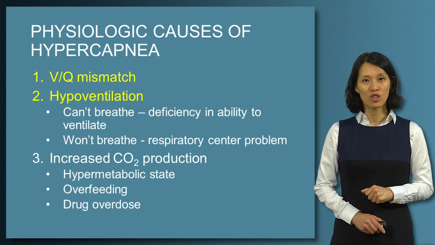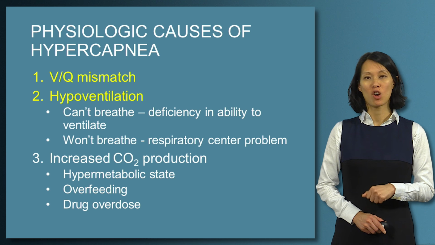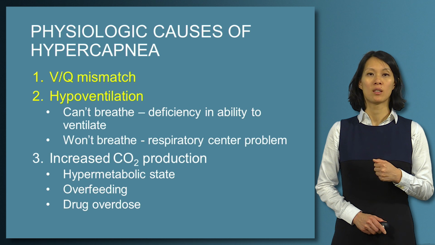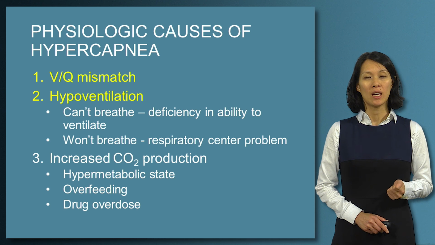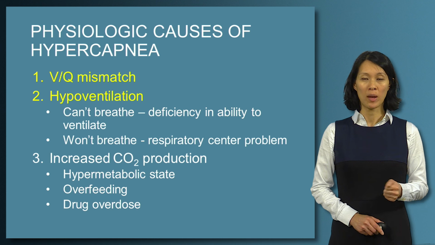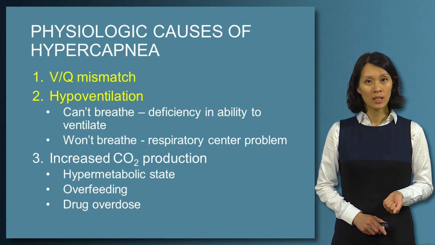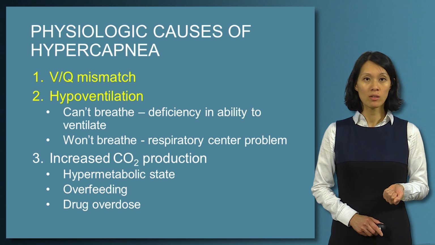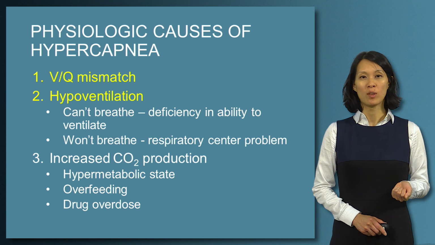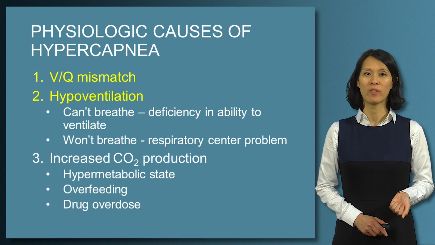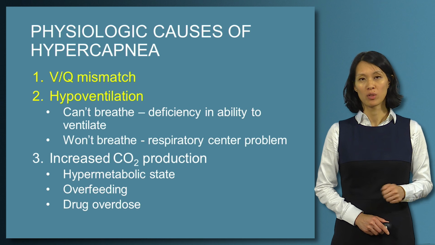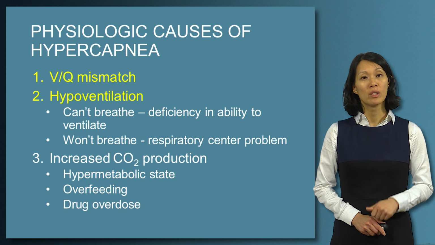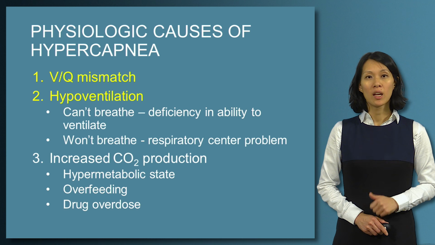Increased CO2 production is a very uncommon cause for increased CO2 or hypercapnia. Oftentimes this will happen in hospital in either a hypermetabolic state where patients' basal metabolic rates are up, as seen in some endocrine conditions, or in patients that have been chronically malnourished and suddenly get overfed. Some drug overdoses may also potentially increase your CO2 production, but the two most common are really VQ mismatch and